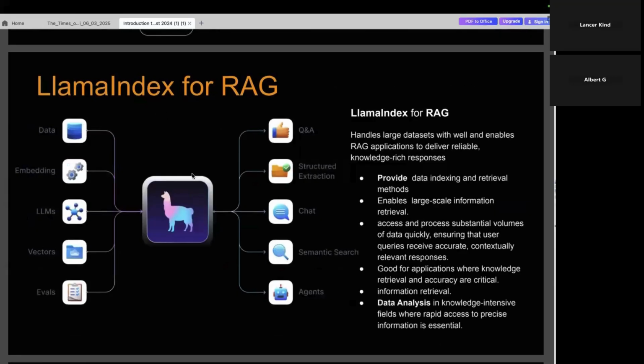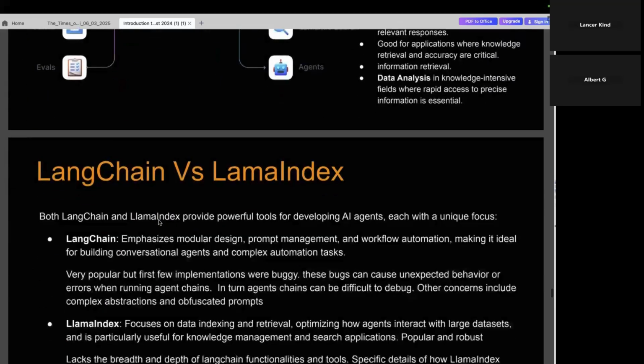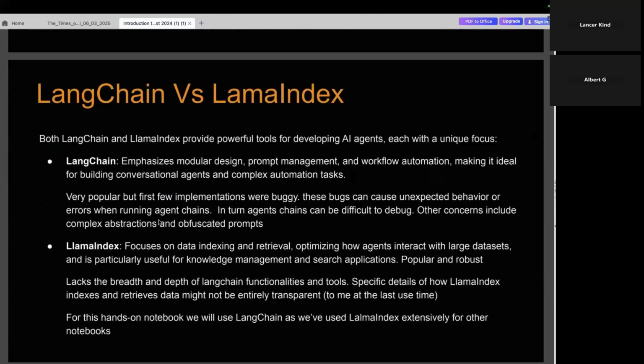This also, you can see what it is doing. It is handling the data set. Data will be coming here, embeddings are there, the LLM model is there. Then we have the vector database, as well as the evaluation, data indexing and retrieval method. Here also we can do large scale queries. We can ask for information and retrieve a volume of data. So this is another orchestration framework that is helping us. Again, you can compare. You can use any one of them. Both of them